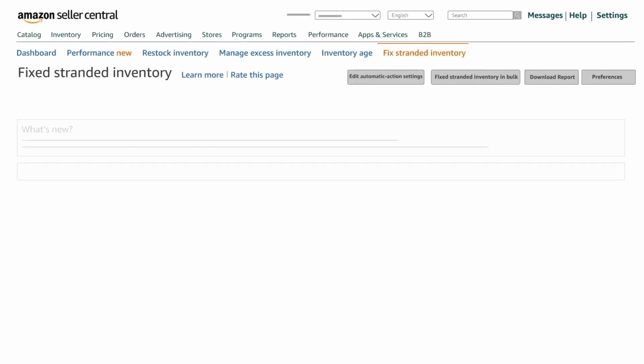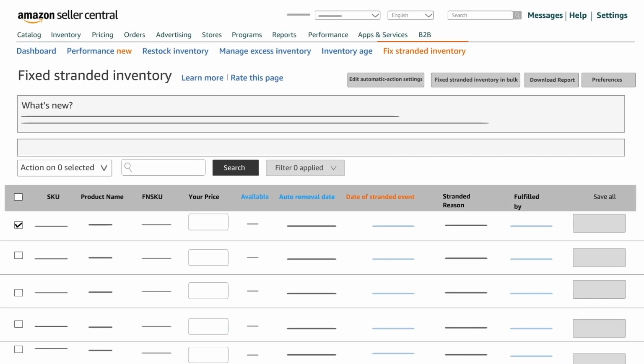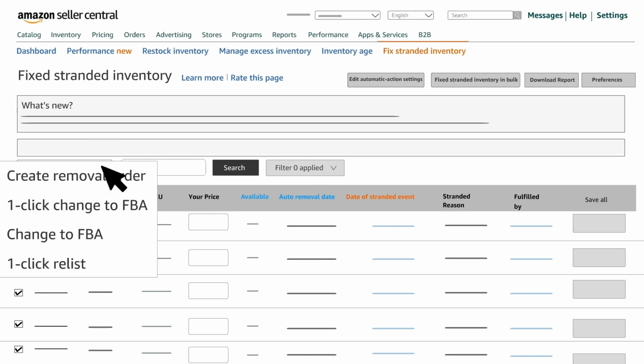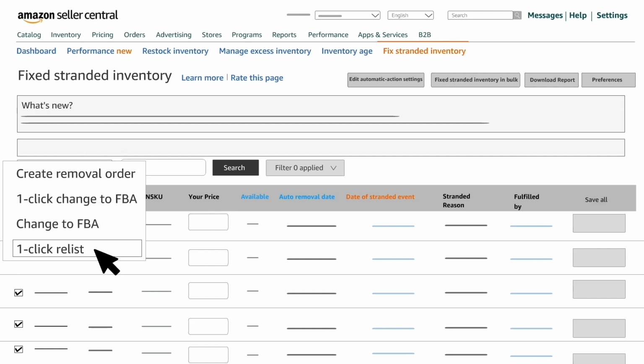Bulk and automatic actions are available to select up to 25 items. Bulk relist allows you to select up to 25 items to relist at once. After choosing these items, you can then relist all listings at once with one-click relist as the recommended action. Bulk one-click change to FBA allows you to select 25 items at once to change fulfillment channels. After choosing these items, you can then relist all listings at once with one-click change to FBA as the recommended